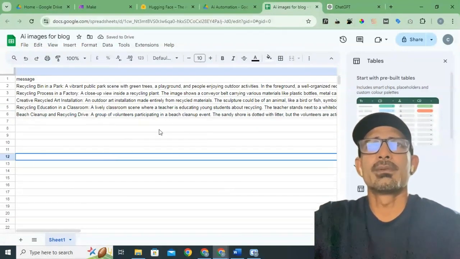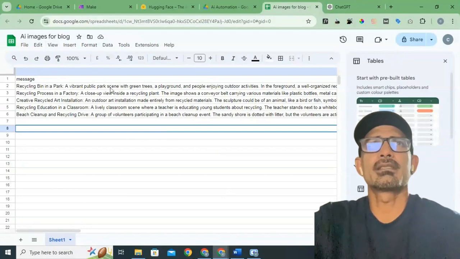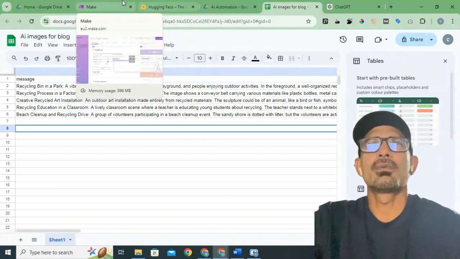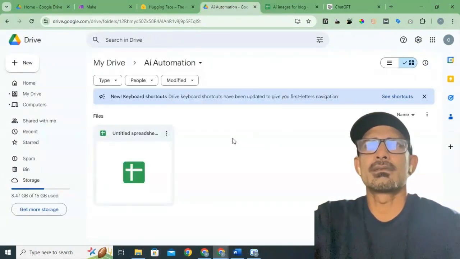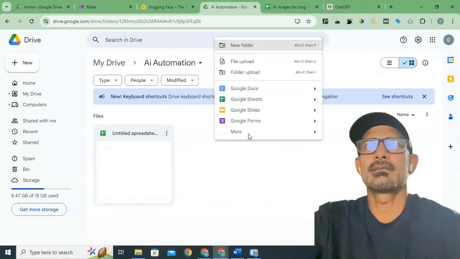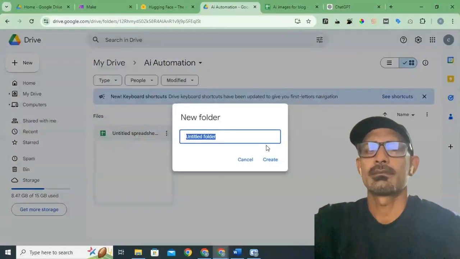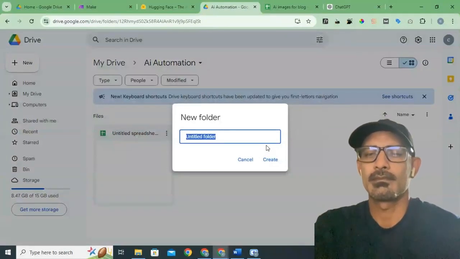Now what you have to do is, your file is created, AI images for your blog, and now finally create a scenario. Yeah, so here you need to make another file, new folder, output,